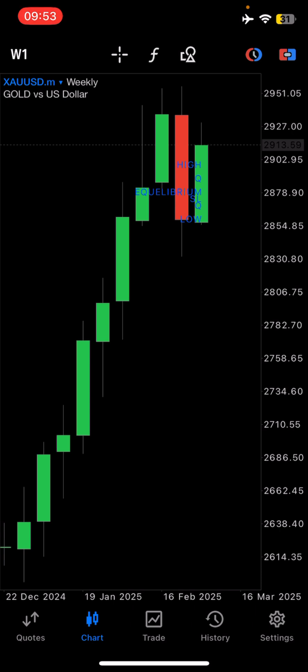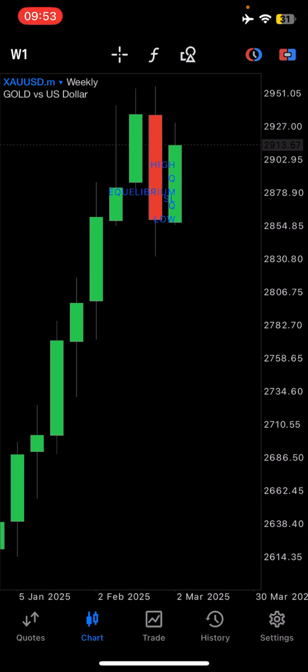Whenever I take a loss, you step back. If there's no signal that has come onto your screen that says you should buy right here, or you should sell right there, depending on the bias of the higher time frame. I usually trade in the direction of the higher time frame. I don't take trades that are counter to my higher time frame. I take trades that go with the higher time frame, and that's what I do.